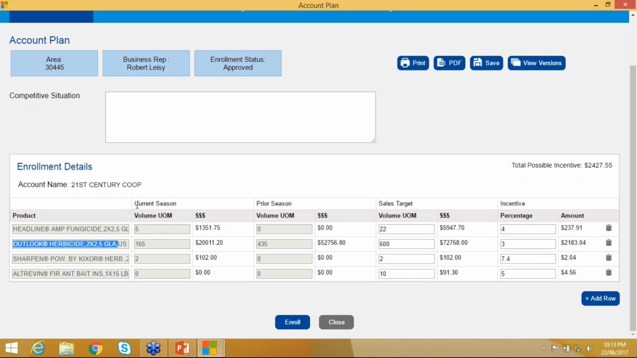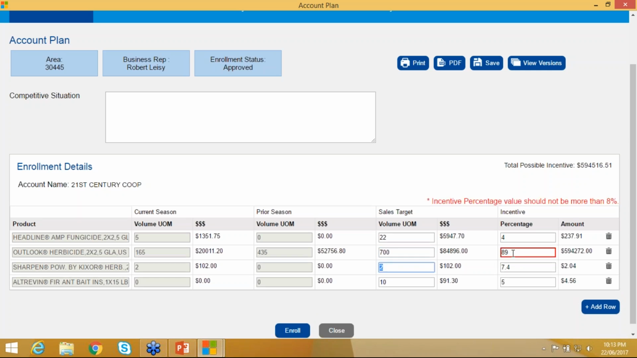So here we see that they wanted to understand what is the current season sale going on, or what amount of product has been sold, and what was the prior season sale which has been done. And just to boost their particular client, you can offer a discount or an incentive to them in the form of a sales target. So it can be very well adjusted, and so if I say I want to give 89%,